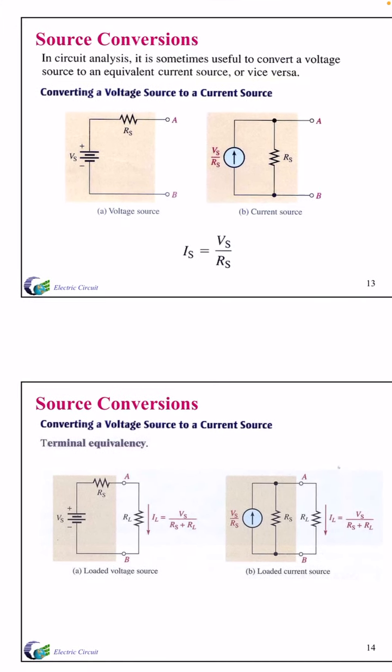So here in the below diagram, we have shown that if Vs is the voltage source, Rs is the internal resistance, and RL is the load resistance, then the total current flowing through the load will be IL equal to Vs upon Rs plus RL. When we convert it, Vs will be replaced by the current source Vs upon Rs, and Rs is connected in parallel, and RL is the same. So again IL will be the same in both cases. We have just replaced a voltage source with a current source.